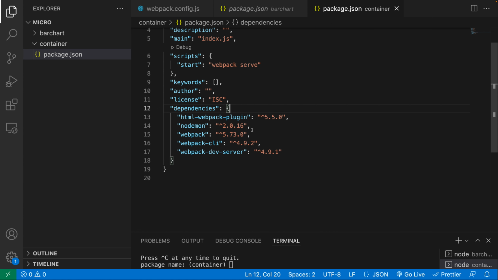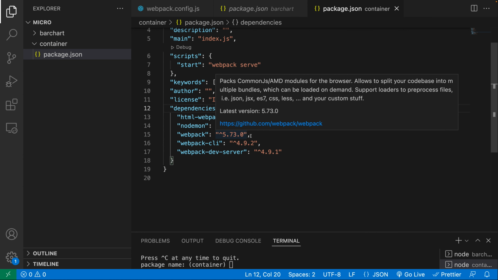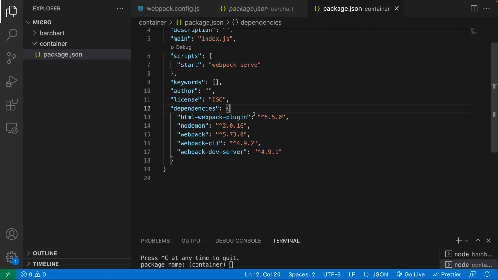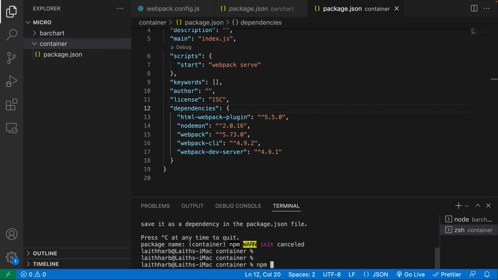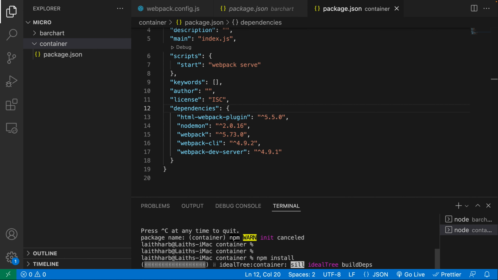We don't need eCharts because the host is not going to have any of that code. Those are going to be inside of the remote. So let's get this up and running. I'm going to do a Control-C, npm install to install all of the dependencies. And while that's going, we're going to go ahead and configure the